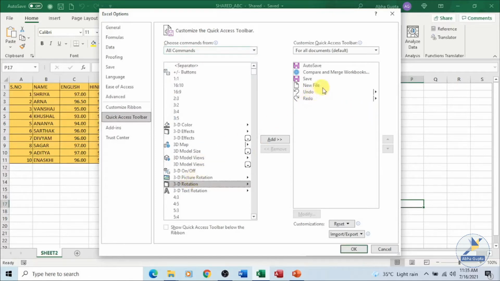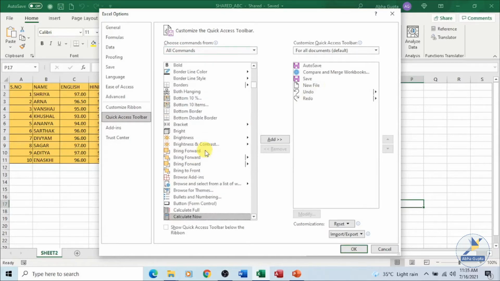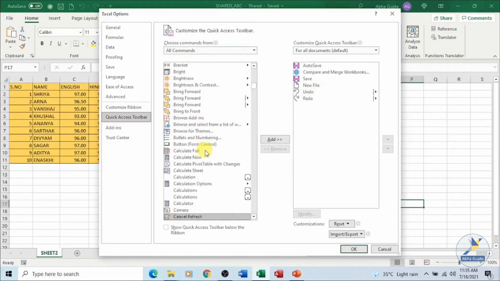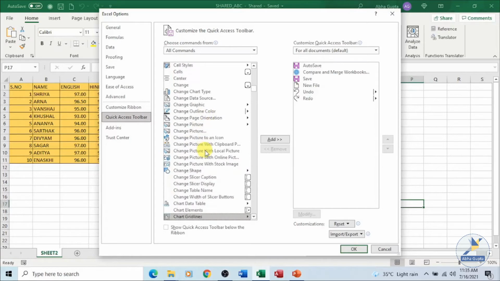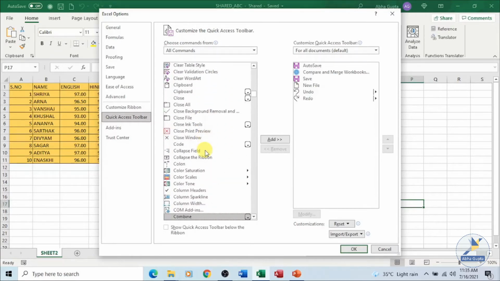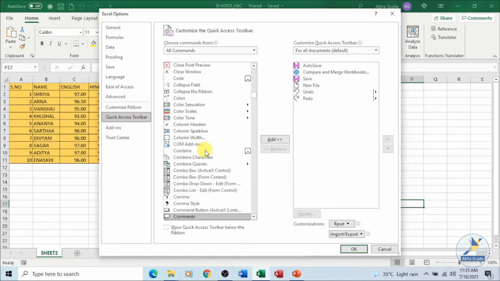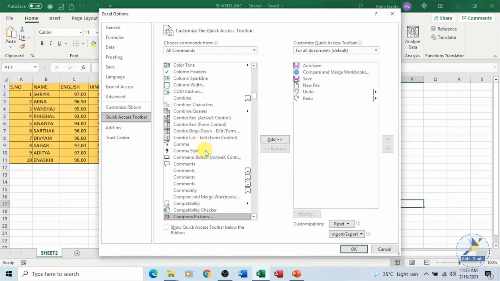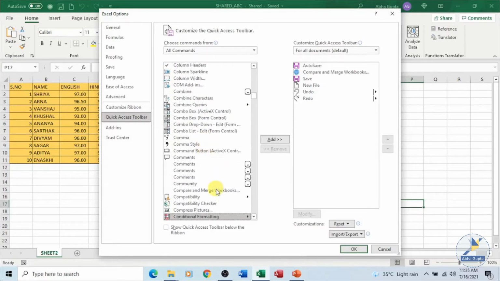I already have this on my quick access toolbar, but I can show you over here. If I scroll down a little bit, you have the compare and merge workbook option over here. You can select it and click on add, and click on OK.